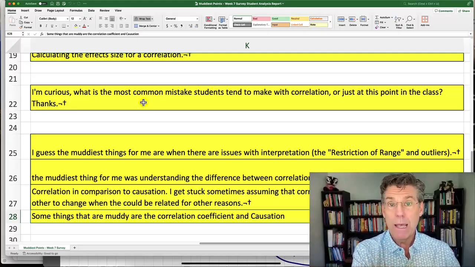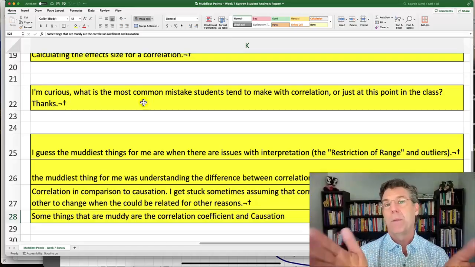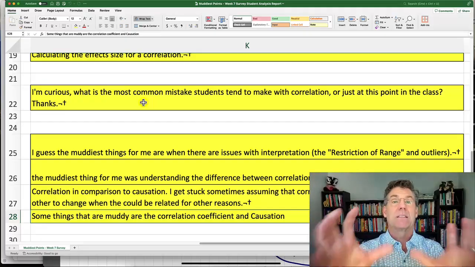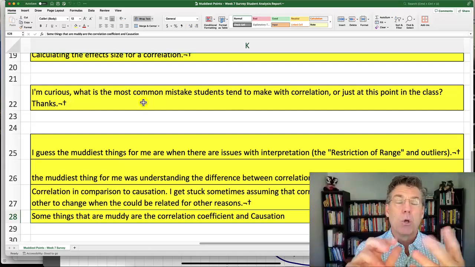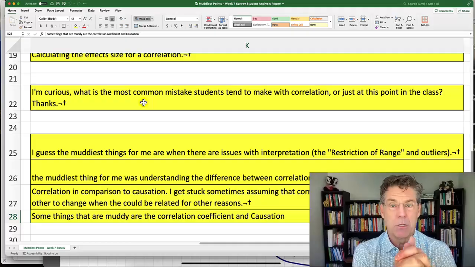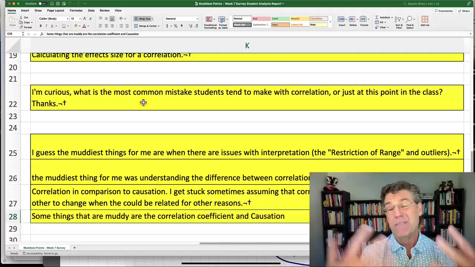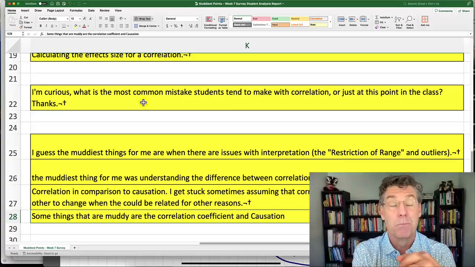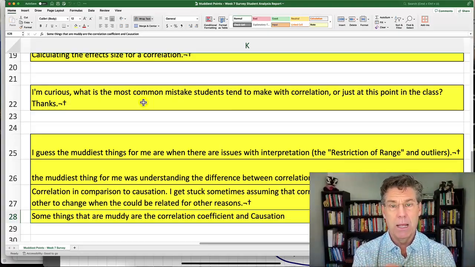The only way in research that we can typically establish cause is when we do experiments. That's where we have an independent variable and we randomly assign people to conditions. Experiments are set up to establish cause. Correlational studies do not establish cause. They just establish links, and then we've got to explore those links more and more to really try to understand. So why can't we interpret a correlation as causation?